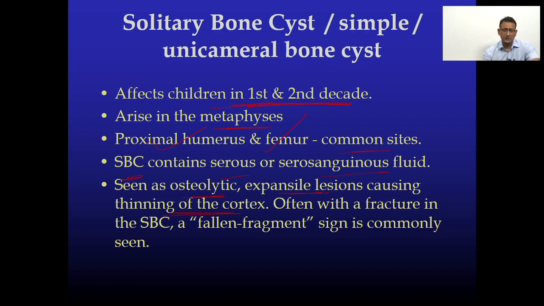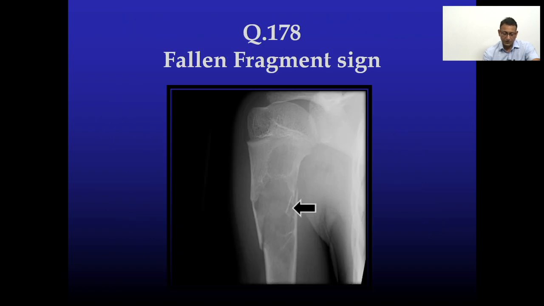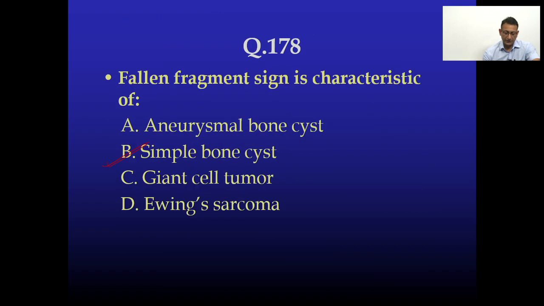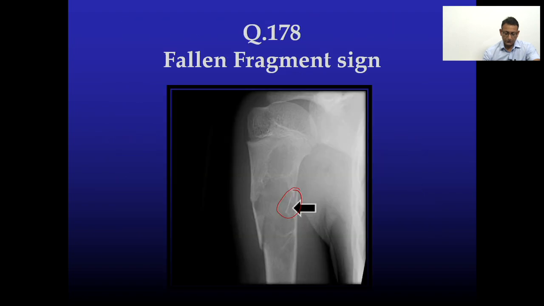So if this kind of bone where the cyst is present, simple bone cyst, ruptures, that will show a fallen fragment sign, which can be seen very nicely here. Okay, so the fallen fragment sign is seen in simple bone cyst. The question 178 answer is B. Okay, let us move on to question number